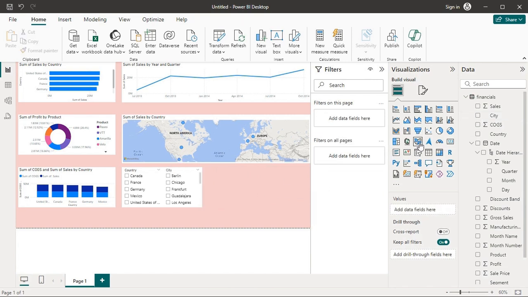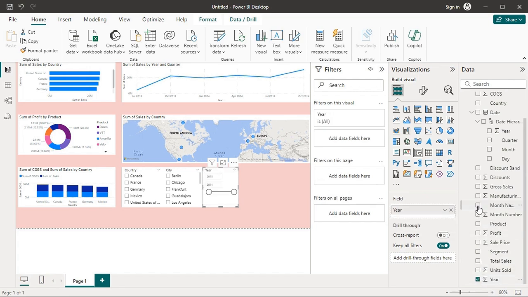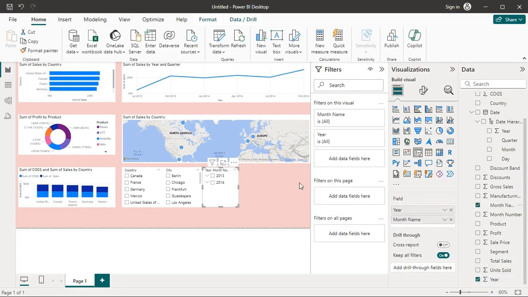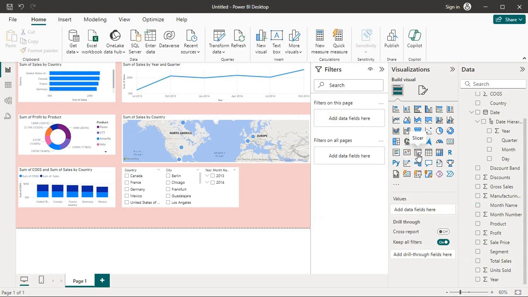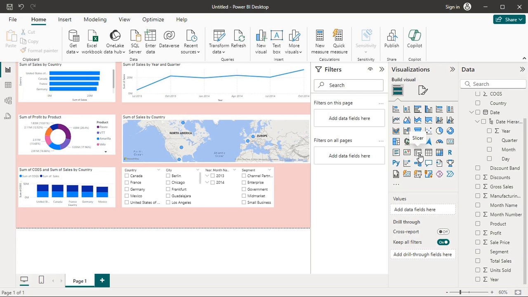We can also add more slicers for time. So we select year and time. Now we add more slicers for segment. And last we add one more for product.